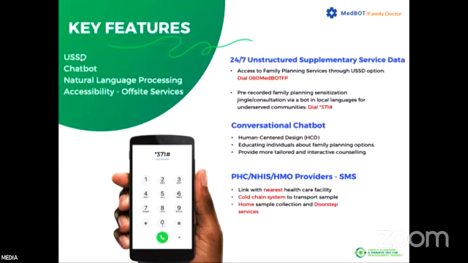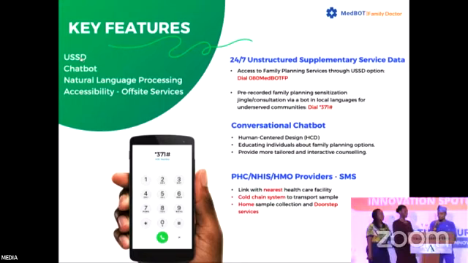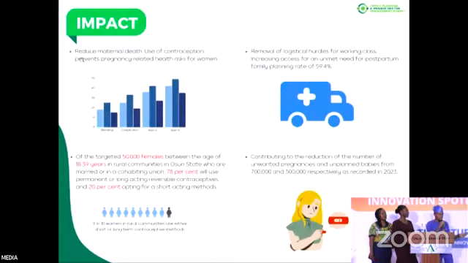Another one is the conversational chatbot for busy female professionals, someone that works in the bank and does not even have time at hand to go to hospital or a nearby private healthcare facility to uptake this. You can get the consultation together with even your partner using a chatbot. And lastly is the provision of the primary healthcare center, the NHIS and HMO. We understand that 40% of people uptaking family planning actually use private sectors, and some of them work in corporate organizations with HMO providers. So you can actually now link this up and use it to take up your family planning services.